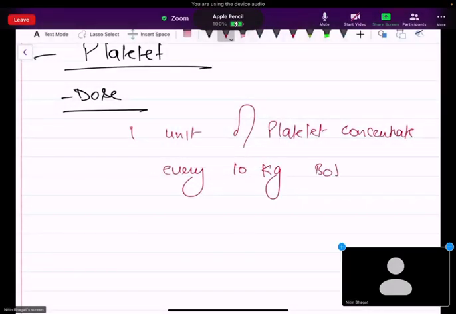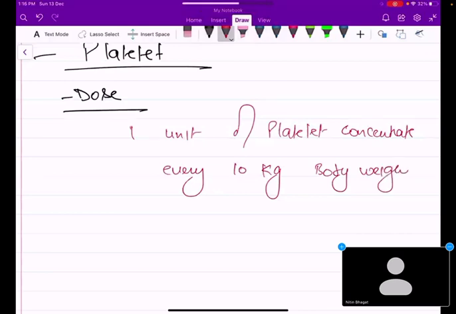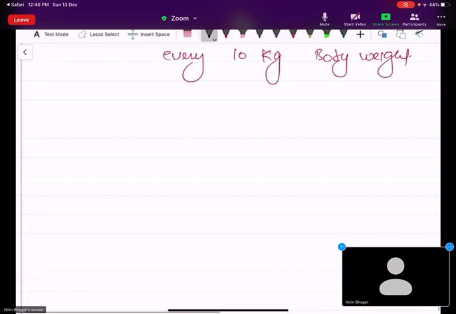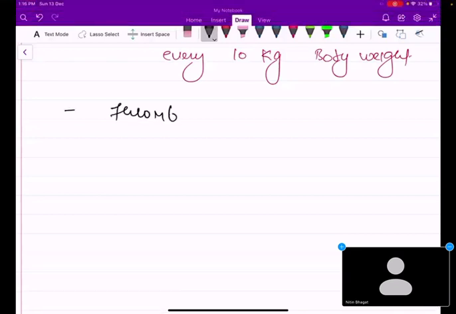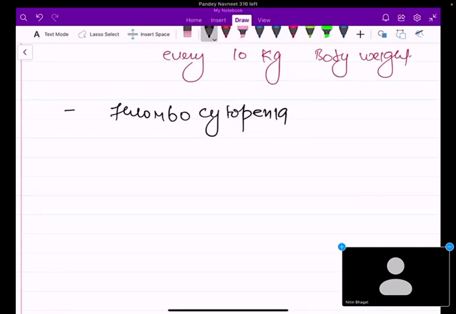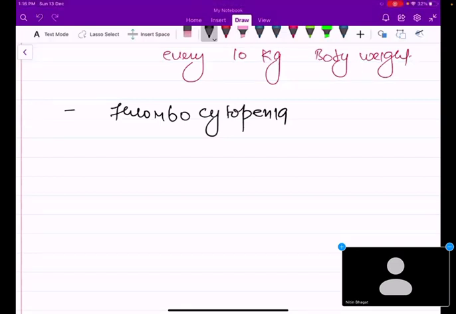Kg body weight, every 10 kg body weight. Fine. So when we need to give platelets: thrombocytopenia, that means whenever there is a decreased number of platelets in the blood, that situation is called thrombocytopenia. Second,